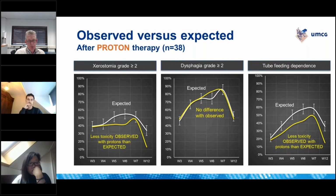And you can see that for dysphagia, they seem to work quite well. But for tube feeding dependence and xerostomia, it appears that the observed toxicity rates are lower than we would expect based on the model, so the benefit of proton therapy is even more than we would expect based on the models. We have to validate it further because these were only 38 patients, and we intend to treat at least 300 to 400 patients before we can say something definite about the efficacy of proton therapy to